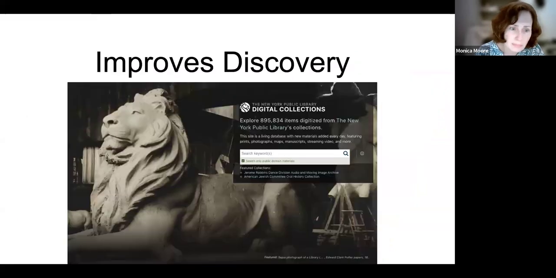Next slide, please. In addition to that enhanced user experience, the idea that implementing these rights statements improves overall discovery is really key. It's a great benefit. Once this metadata exists with other metadata at the item level, it allows you or the people you work with, your staff, to leverage that metadata to improve the user experience in many ways. What we have here on the slide is the iconic New York Public Library lion, and it is actually the portal for the New York Public Library digital collections page.